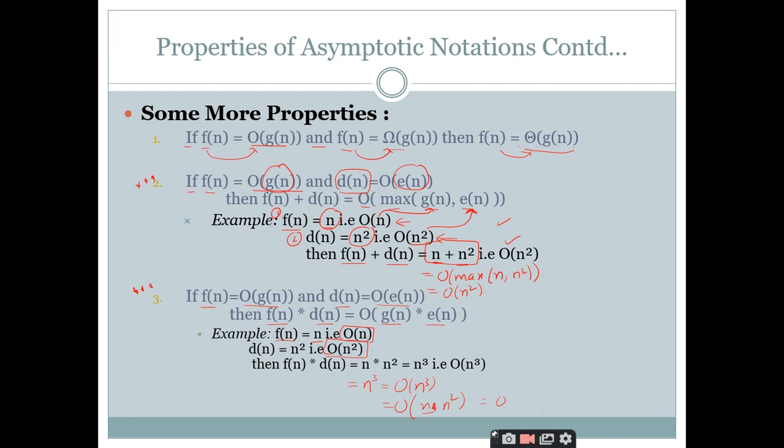Yes, sir. And then we have discussed the three asymptotic notations: big O notation, which represents the upper bound and the worst case analysis; big omega notation, which represents the lower bound and the best case analysis; and big theta notation, which represents the average case analysis. And we have seen some properties of the asymptotic notations, which we will make use of very frequently in our programming part. So these properties are very important. So this is all about today's session. We have discussed everything in detail, right? So this is the end of today's session.